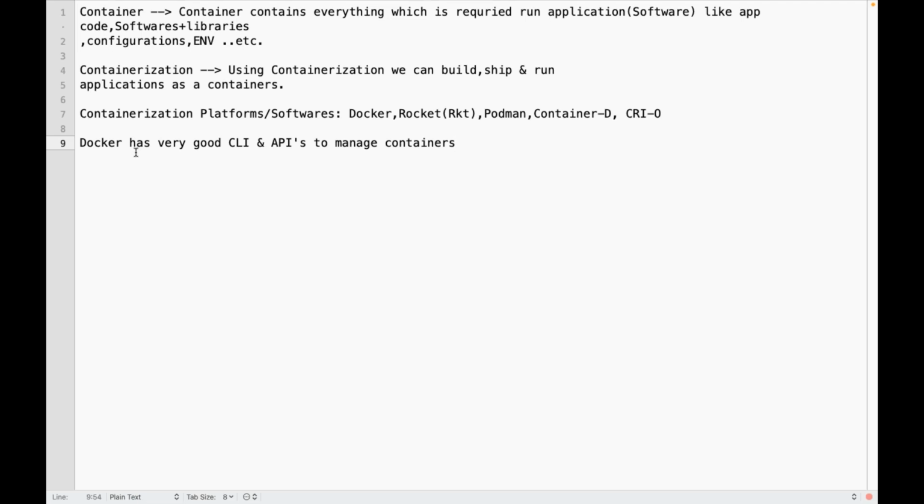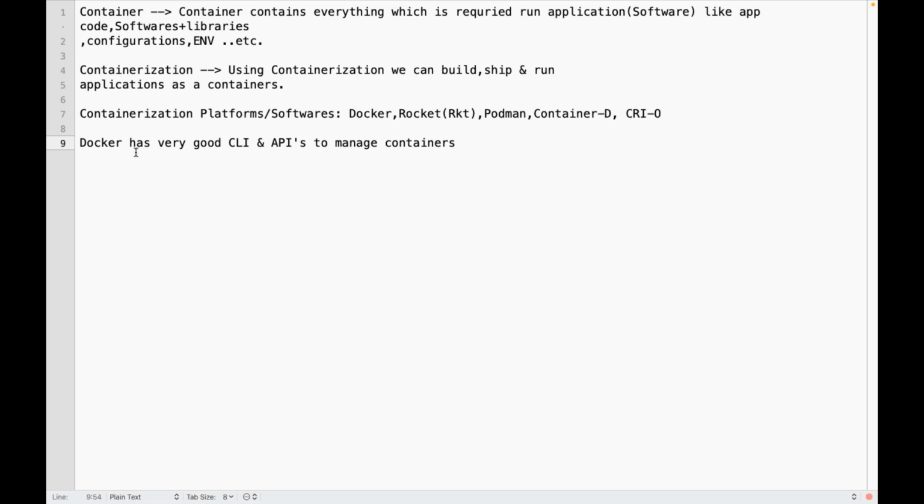And also it's open source. It's not completely open source. It comes with two editions, community edition and enterprise edition. If it is the community edition, do I need to pay any money to use Docker? No need to pay any money. If I use the enterprise edition, it's chargeable.